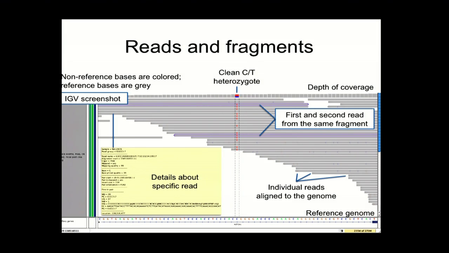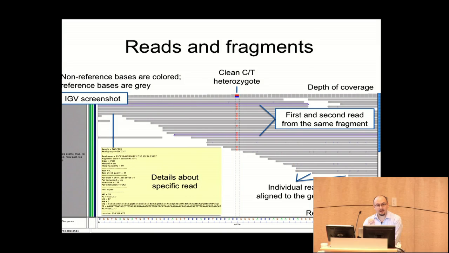Basically, the point of this slide was to differentiate 2 things that are critical. So there are reads. Reads are just the raw units produced by the machine. It's just sort of a sequence of bases and quality scores emitted by one of the machines. So we talk about a 100 base read. It's 100 bases that came off the machine independently of all the other reads. A fragment is really the original molecule that is being sequenced and emitted as that read. So you can have multiple reads sequencing the same fragment. In fact, when they talk about paired end reads, what they're really talking about is 2 reads that are reading